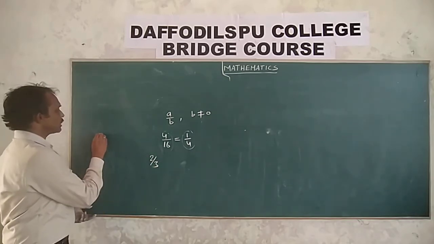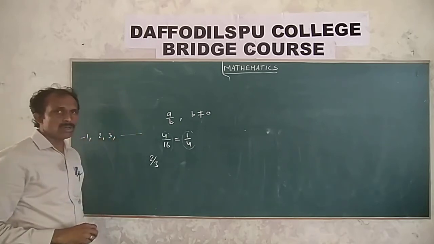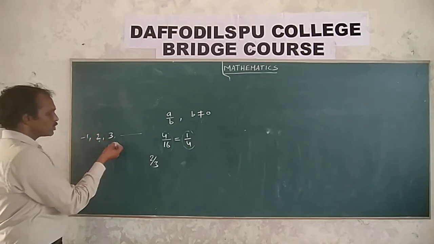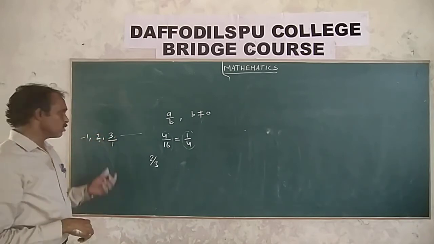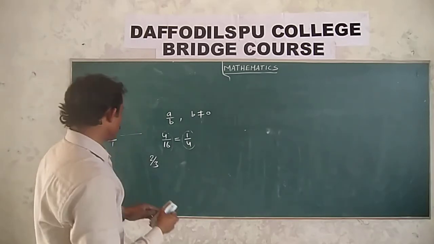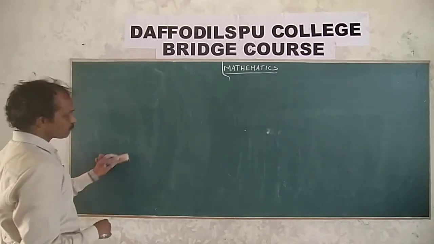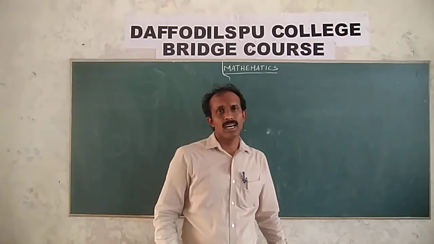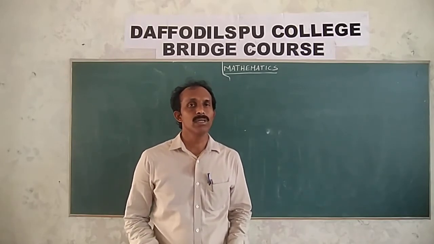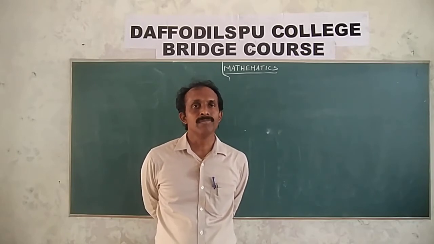Suppose integers 2, 3, minus 1. These are also called rational numbers. Why? Because for 2, 3, minus 1, there is no denominator, so it is treated as 1. That's why these are also called rational numbers. Okay. And in the next class, we discussed rational numbers, terminating numbers, non-terminating numbers, recurring numbers, and next concept,